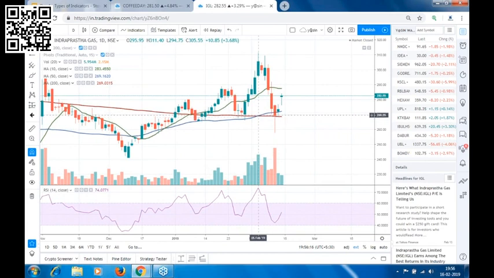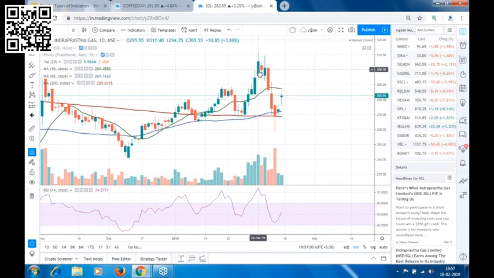Now see, even IGL we gave. This is on a 200 period moving average support and also on 50 period moving average support. And our buy was above 280. This is also your trade from support, at the high of this candle. And our target was, see, we gave 3 to 4 targets in this. Our second target was 305 to 310, and our last target was 315 to 320. And see in how many days? 1, 2, 3, 4. In 4 days, our two targets were hit.